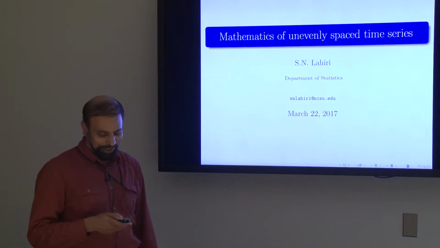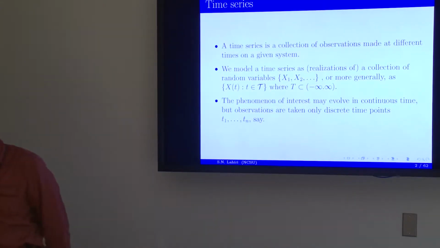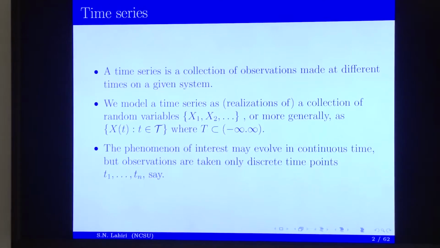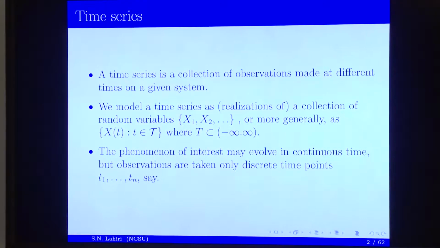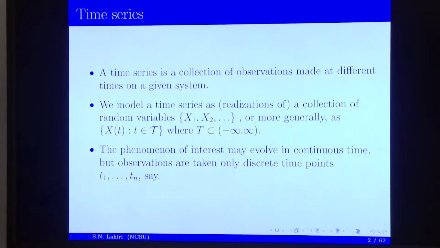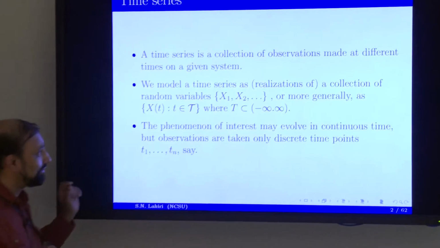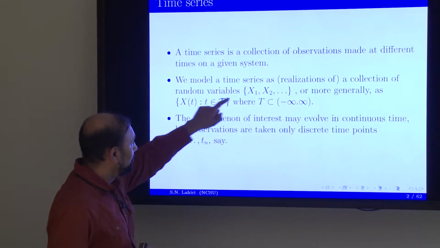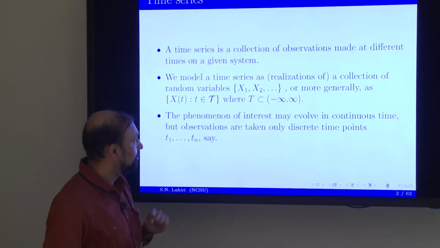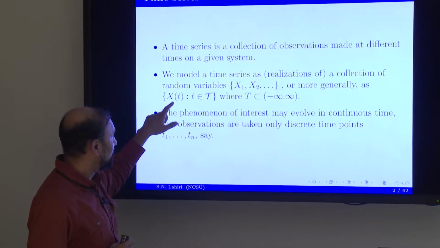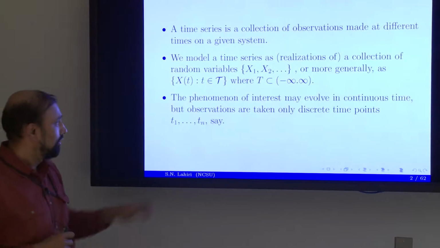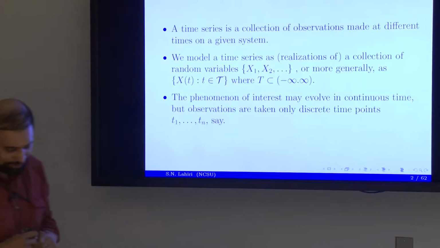All right, let's get started. For time series, we are interested in unevenly spaced observations. By time series, what we mean is again a stochastic process. That means we have a collection of random variables defined on the same probability space. We can have discrete indices, time points 1, 2, etc., at which we collect the observations, or we may have a continuous process indexed by t over some interval. This is supposed to be the same in any case.